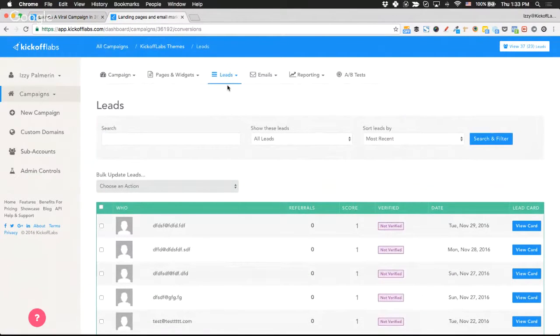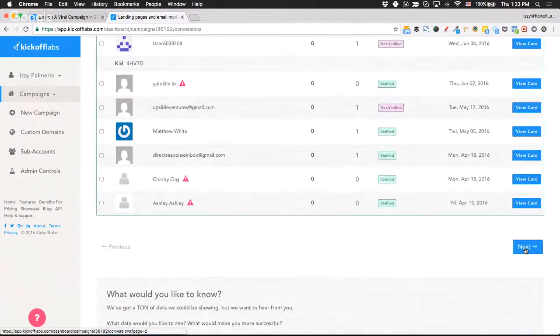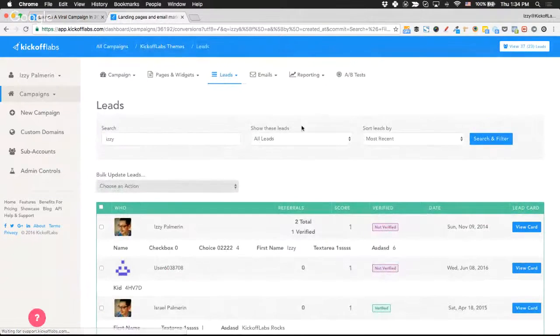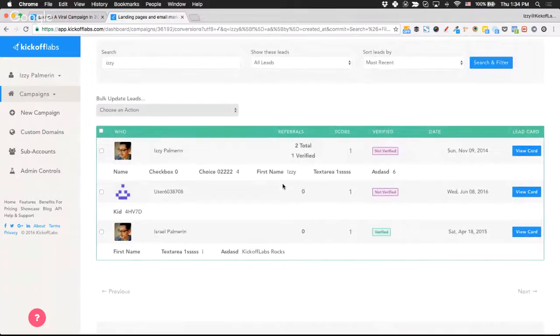So this is our brand new reporting dashboard. It's changed a little bit in that now you can search and filter through your leads a lot easier. Previously, whenever you were looking for a lead, you would need to manually go through and start looking for them, which was a pain in the neck. Now, with this brand new lead search, you can just jump in. Let's say I wanted to search for, hey, where's Izzy? I saw a person named Izzy. Where are they? There they are. So I can easily sort and see Izzy within the campaign. Pretty cool, pretty easy.